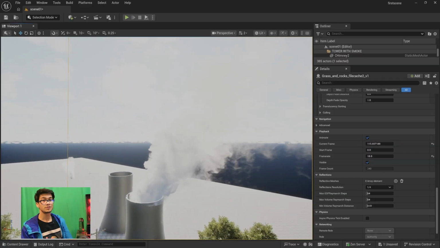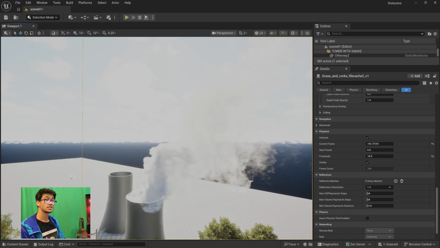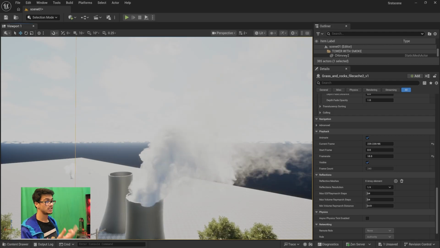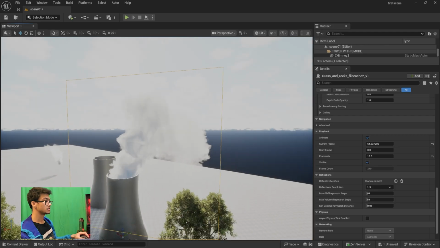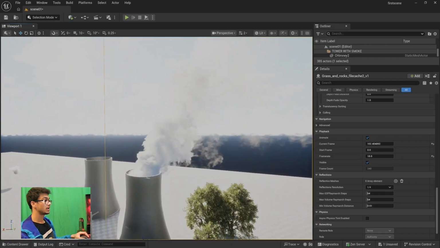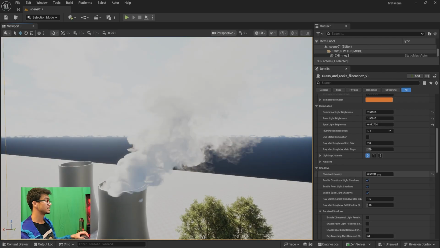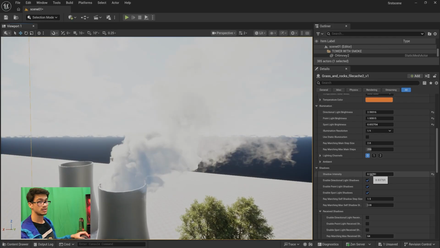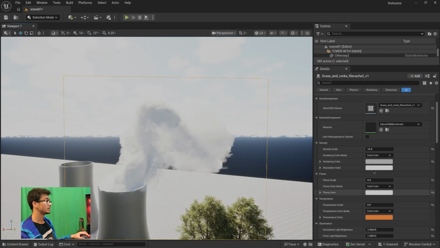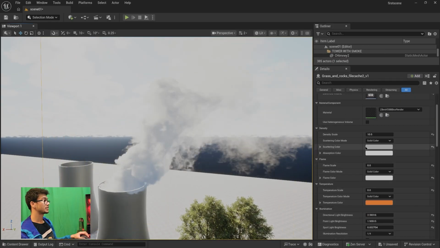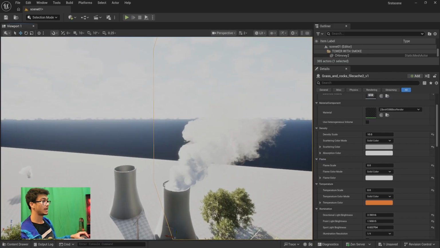When I exported this smoke from Houdini, the frame rate was 30 fps, so I had to change the frame rate there. But for this, I guess this is perfect, and I have changed some settings. You see my shadow intensity is 0.5, and my directional light brightness is 2.5. So you can play with this color. The scattering color is slightly grayish